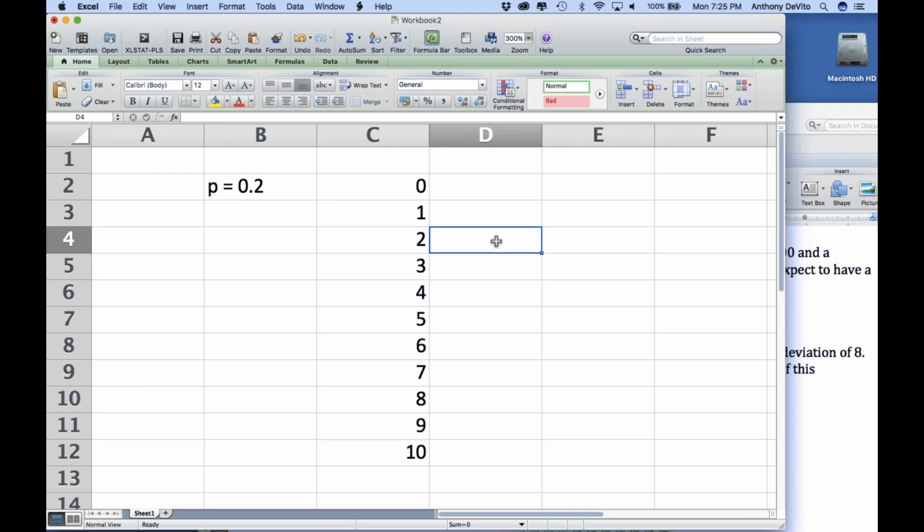So if I ask you, what's the probability of exactly 2 people being left-handed? Well, the way you could calculate it is you could get that formula and say, n factorial is 10 factorial over x factorial, n minus x, which is 8 factorial. You'd have to go through that whole formula with the powers, to the power of 2, to the power of 8, and so on and so forth. Well, fortunately, in Excel we have a built-in calculator for binomial distribution. Equals binom